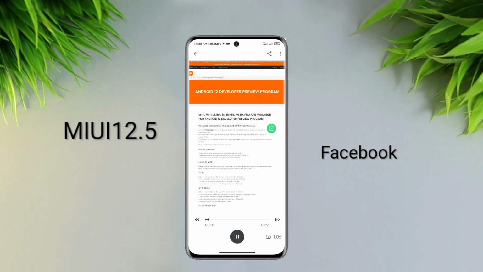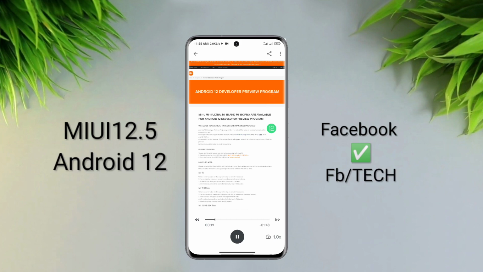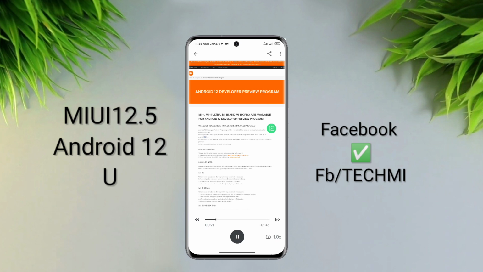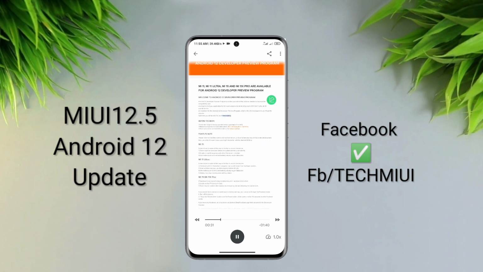The Android 12 Developer Preview Program provides you with all the features needed to improve the compatibility and development of your application for the next version of Android. At present, Mi 11, Mi 11 Ultra, Mi 11i and Mi 11X Pro are available for the Android 12 Developer Preview Program, which is free for developers to use. Flash the preview build and you will be able to use it immediately.